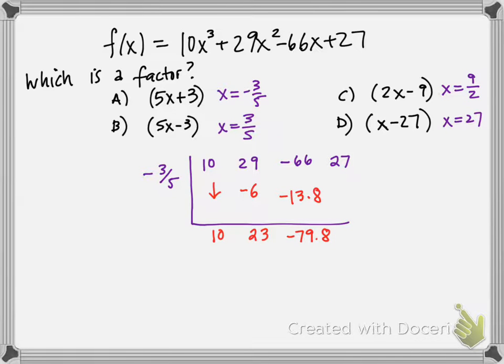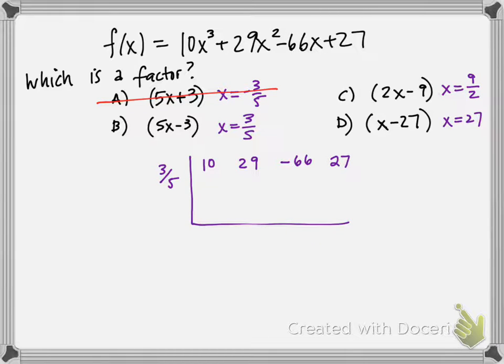Now I multiply these together. So negative 79.8 times negative 3, and then divide that answer by 5, and I get 47.88. And I know when I add these, I will definitely not get a 0. So answer choice A is not a root, or 5x plus 3 is not the factor. So let's erase this,